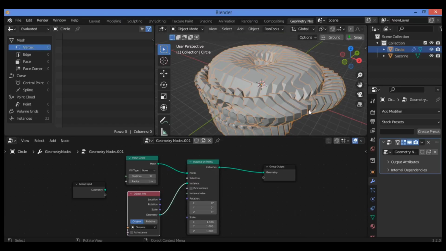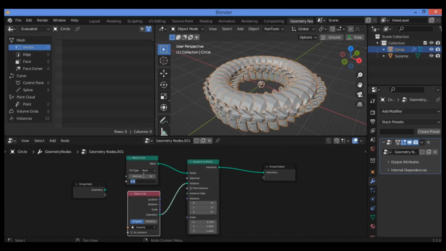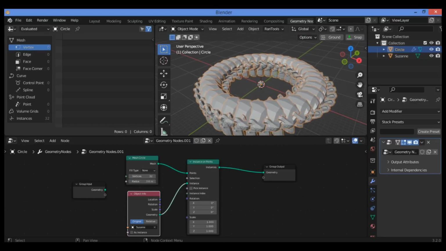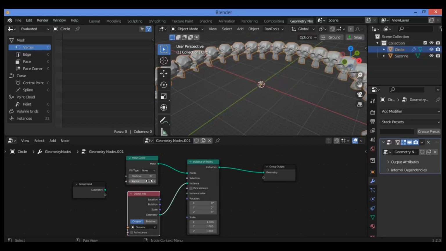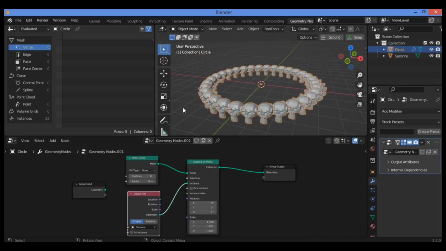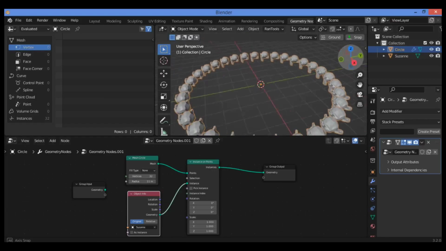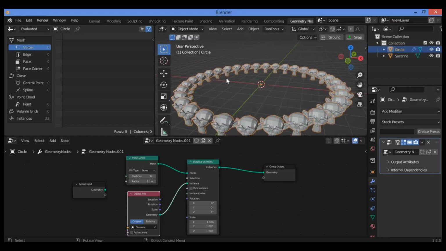So as shown here, we need to make the radius 3 or 4. For example, make it much bigger, 8, for example. As shown here, this is going to be instancing your object. It's going to be instancing the Suzanne monkey going around the path that we have added, which is a